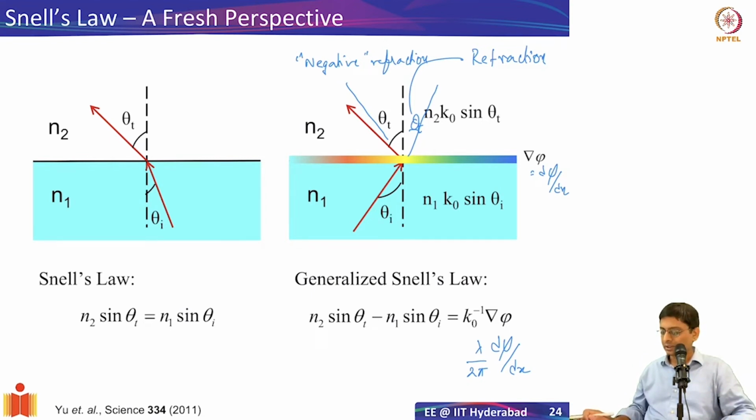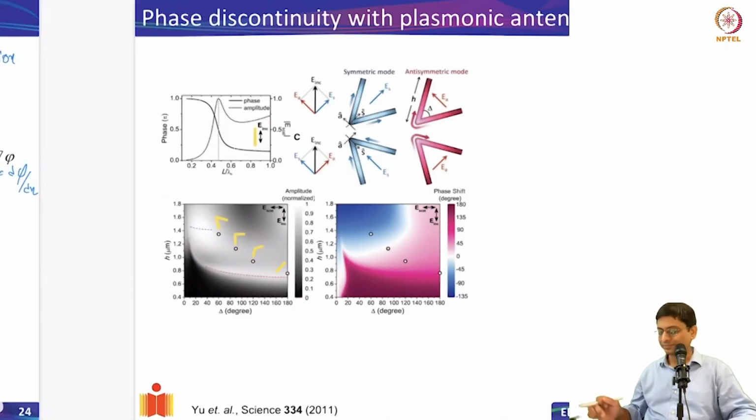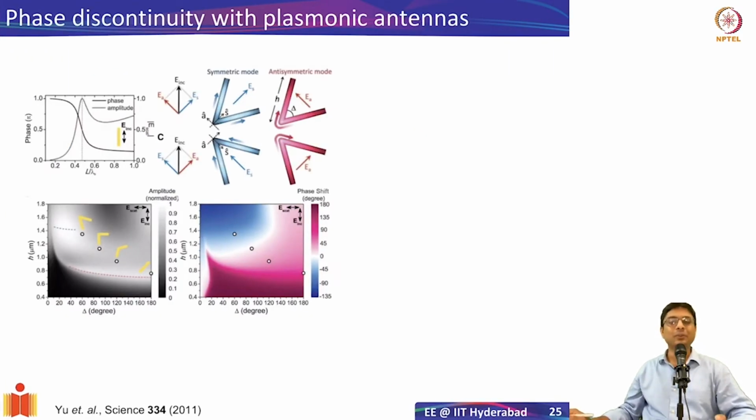Okay. So this seemed very exciting. Of course, people have known about it, but this is how, you see, so many times science progresses. We know something, and then we take it for granted, and then someday we discover some other perspective on the same thing. So that way this was interesting. All right. So how do we generate this? Well, I showed already, if you have a simple rod antenna, you will see that there is this amplitude and phase variation.